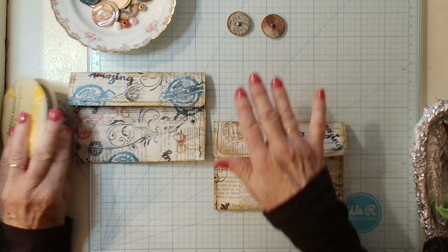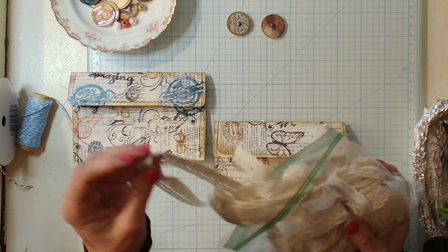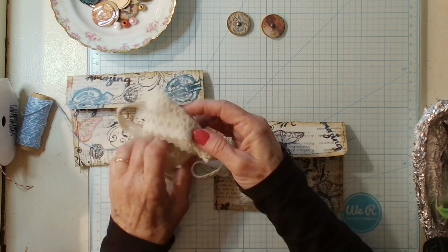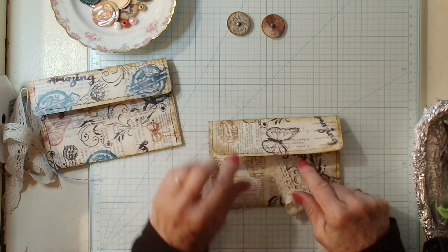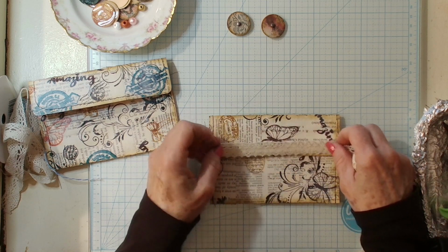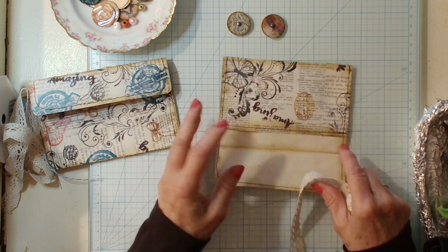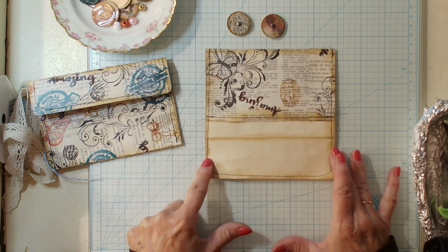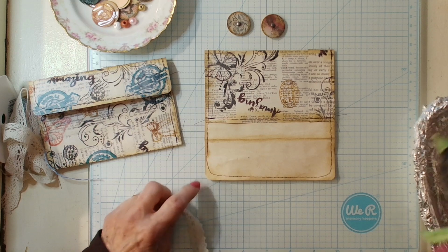Now before I put my closures on, I think I want to jazz them up just a little bit by using some lace. So I have some lace here, and I think I'd like to use this design of lace on this one. So I don't want to cover up where I stitched, but if you didn't stitch, it would be just fine to glue your lace right on the top. But because I stitched, and I really don't want to mess that up, I want to be able to see that,